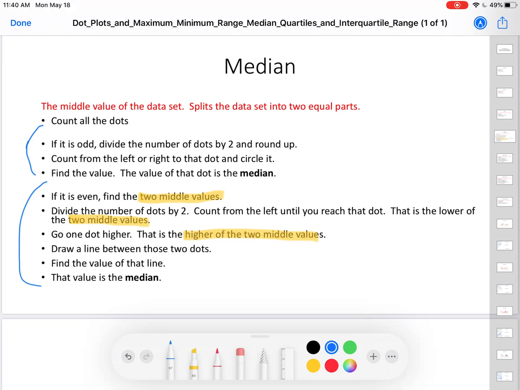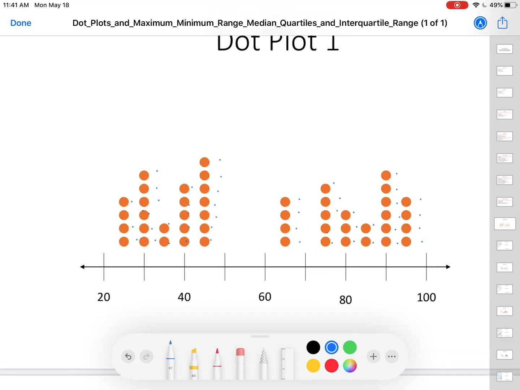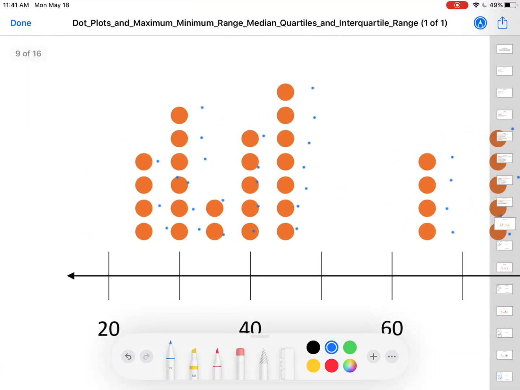So remember, dot plots 1 and dot plot 2 both had an even number. Let's find the medians. So here's dot plot number 1. I want to count again just because I don't remember how many there are. All right, 1, 2, 3, 4, 5, 6, 7, 8, 9, 10, 11, 12, 13, 14, 15, 16, 17, 18,